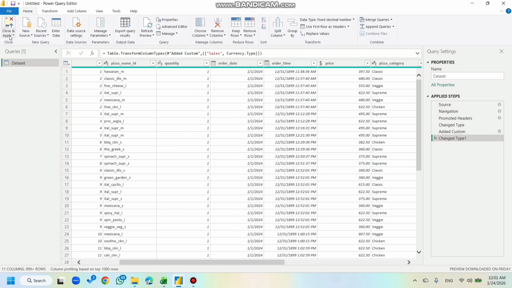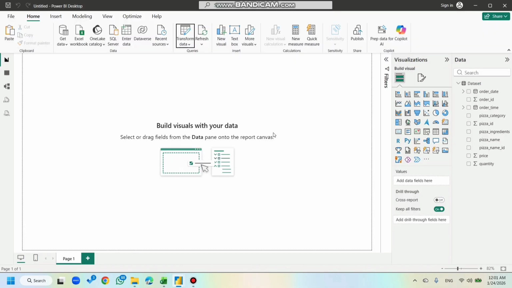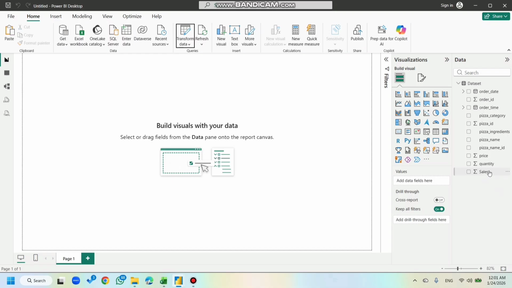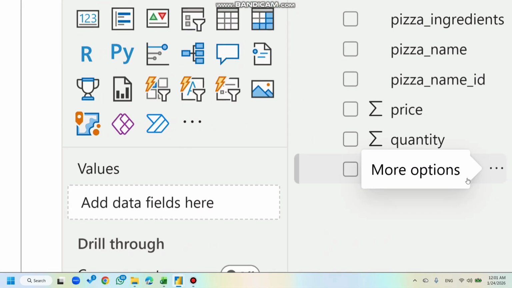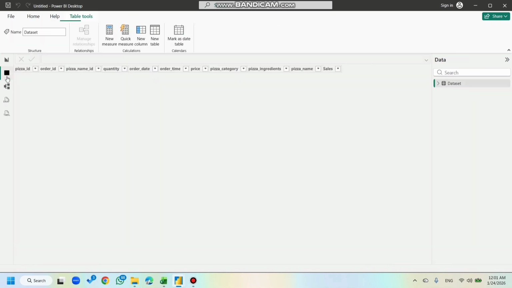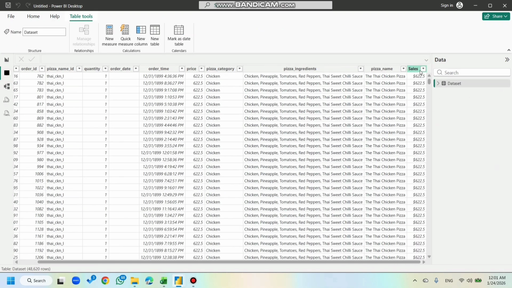Now I go to the home tab, hit close and apply. So it's loading. Yeah, it's loaded. You can see here sales is there. Now I have told you about the DAX query. Here sales is written. If I want to change anything,